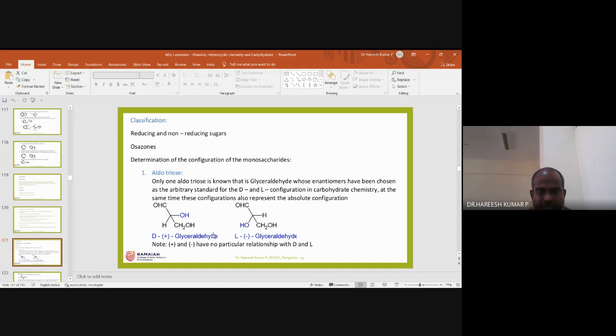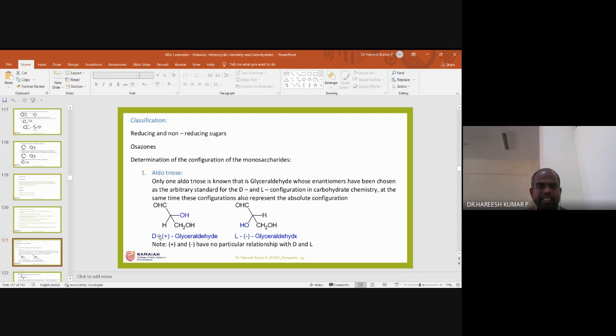Yes, sir. So enantiomers are non-superimposable mirror images of each other. Of course, D-glyceraldehyde and L-glyceraldehyde are enantiomers, and they are non-superimposable mirror images of each other. Another thing we can say is that both have the same molecular formula, but they have a different structure. More particularly, here what you can observe is a hydroxy group